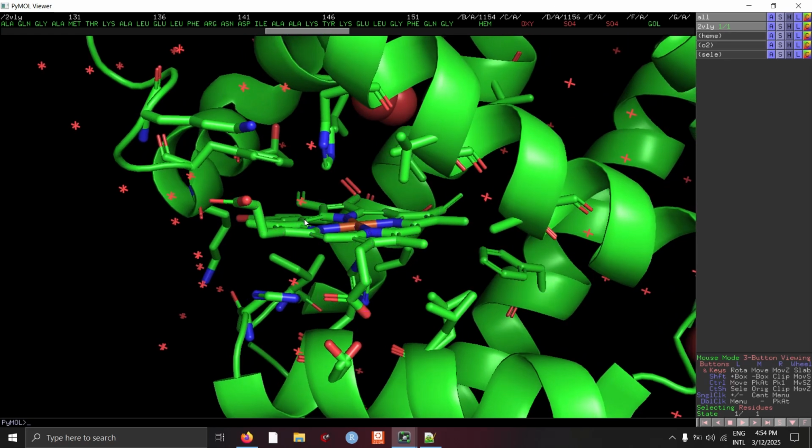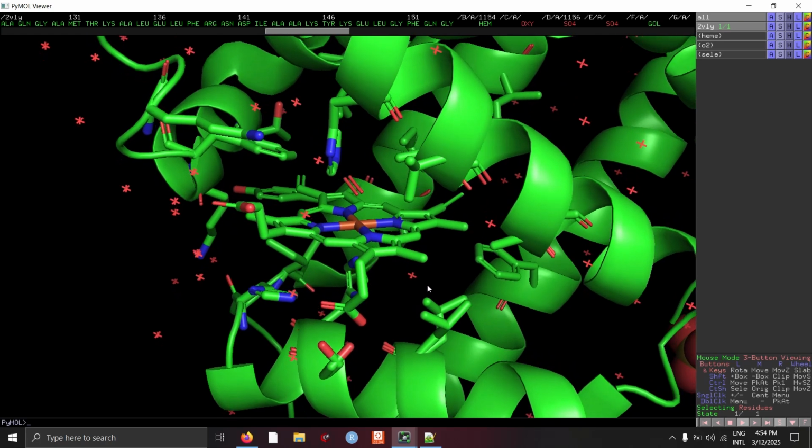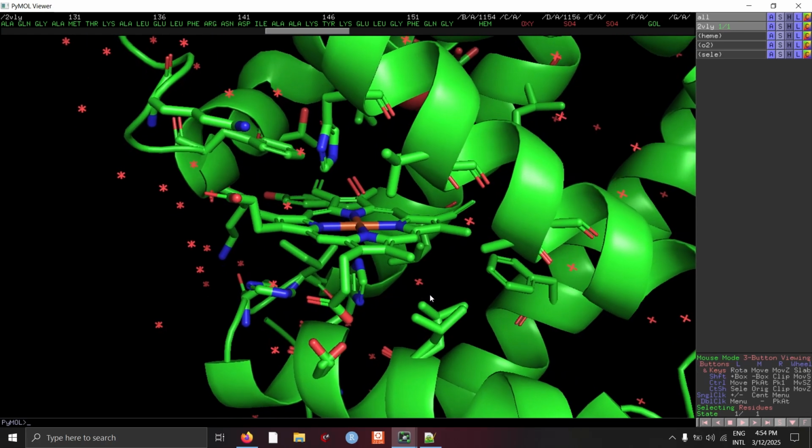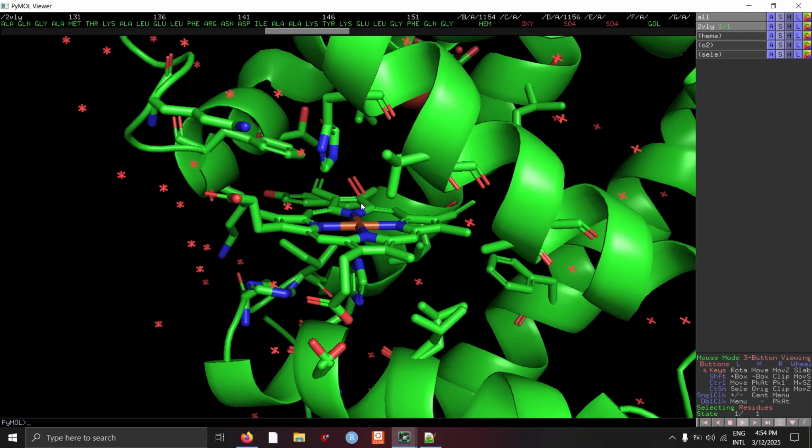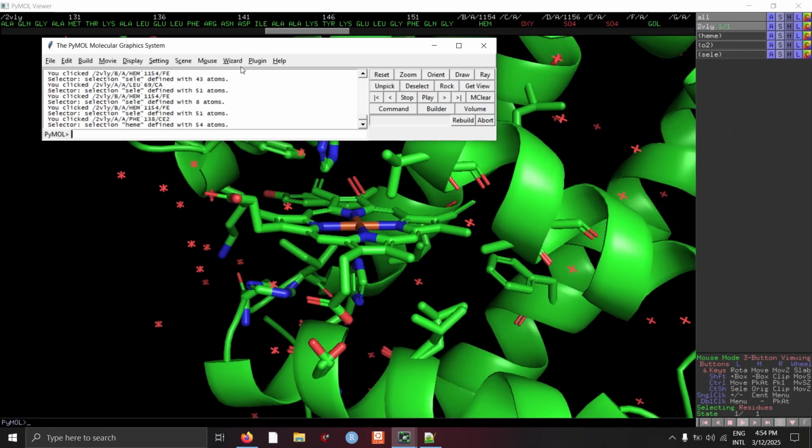Now, let's say we wanted to make a measurement of how far the iron atom is from this first oxygen atom in this oxygen molecule. For that, I will use a very nice tool. In the terminal, I'm going to go here to the UI or the user interface, and I'm going to go to Wizard, Measurement,